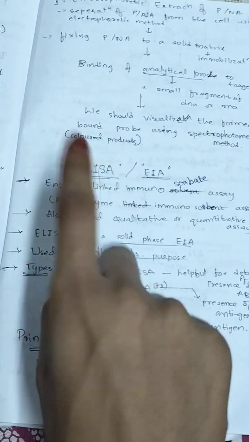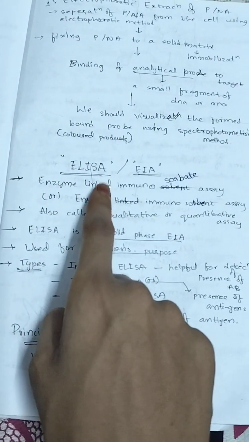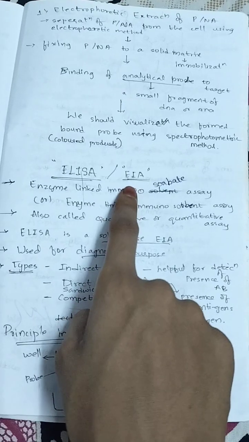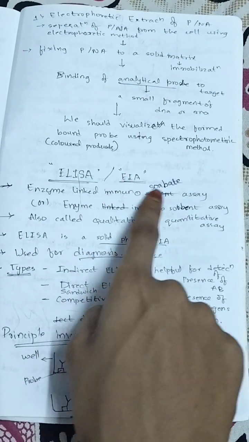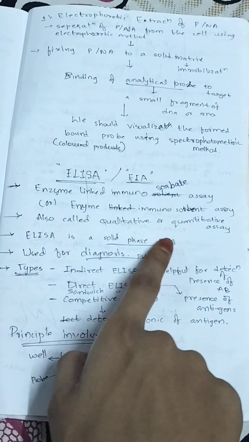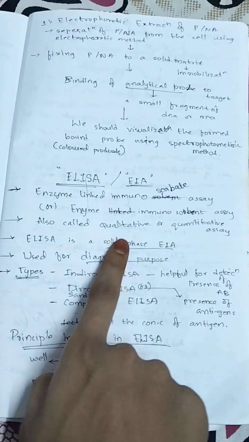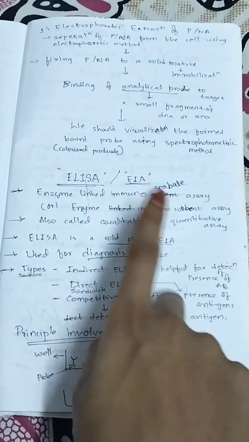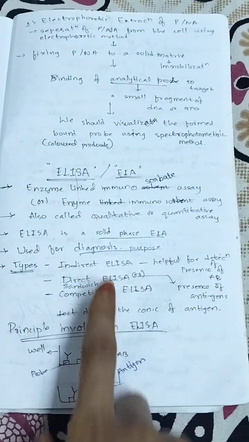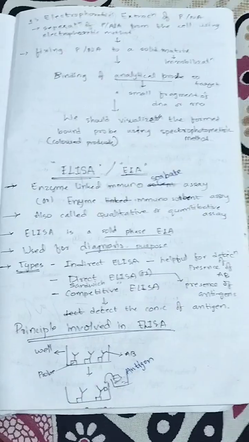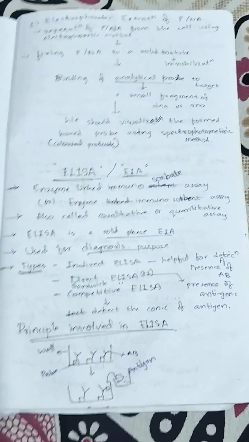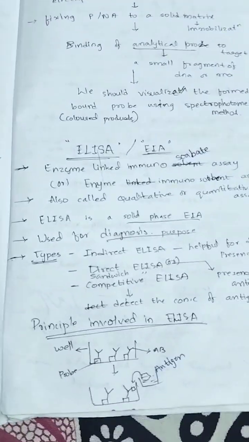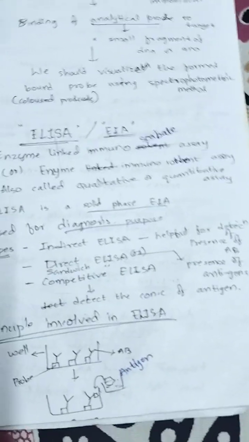Again, ELISA. What is ELISA? Enzyme linked immunosorbent assay, or enzyme immunosorbent assay. Solid phase EIA is ELISA. ELISA is also known as a qualitative or quantitative assay. We use ELISA for diagnostic purposes. There are three types of ELISA: indirect, direct, and competitive. Direct ELISA is also called sandwich